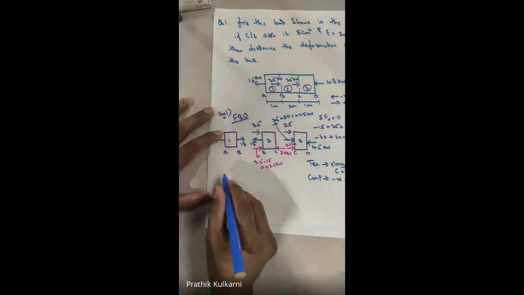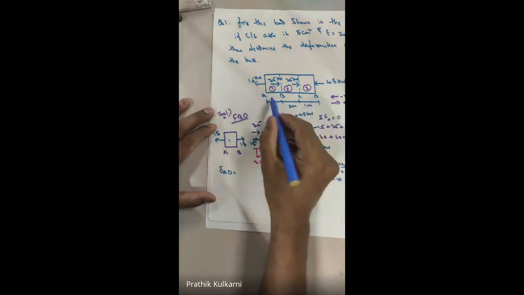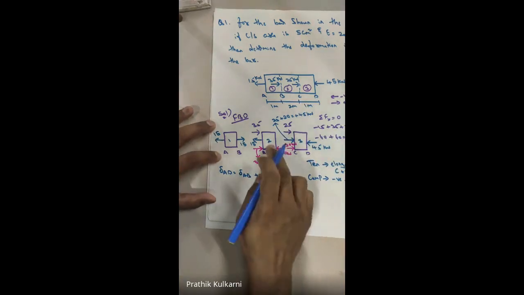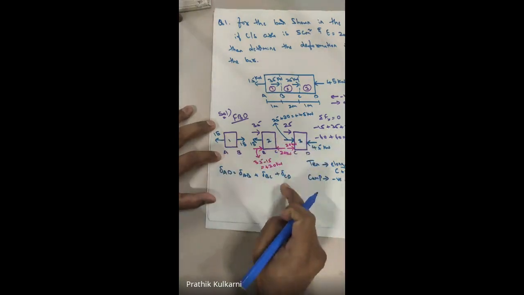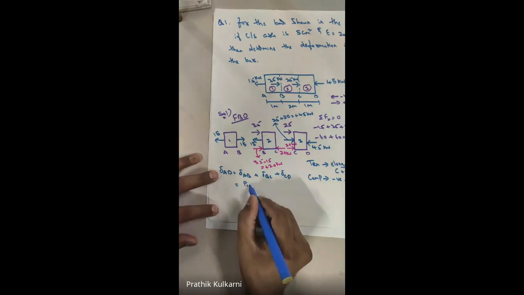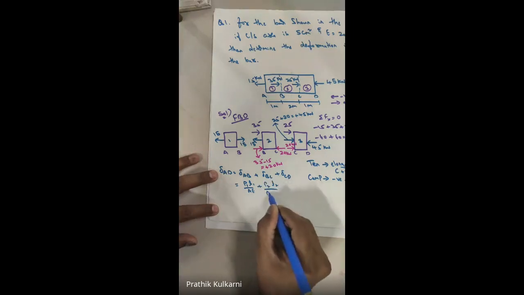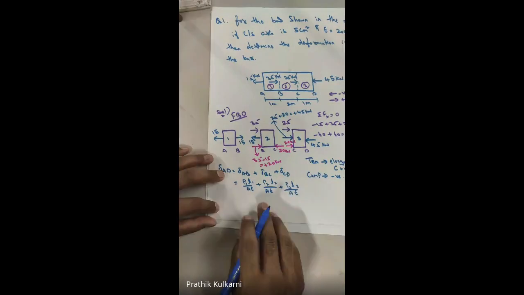So if you just see here, we have to go with our total deformation. So total deformation is AD, complete AD span we have to take, which is equal to delta of AB plus delta of BC plus delta of CD. So delta of AB, delta of BC, delta of CD you have to add. So as you all know that what is delta of AB, it is equal to PL by AE. Yes or no, which I'll take as P1 L1 by AE plus P2 L2 by AE plus P3 L3 by AE. Why? Because A and E he has given, we will substitute, don't worry.